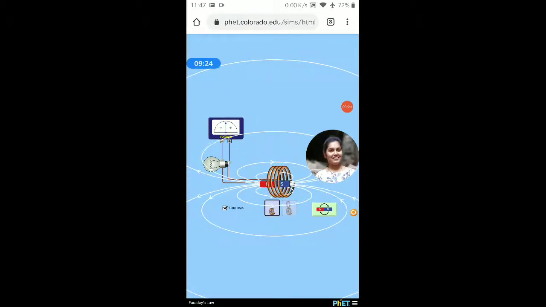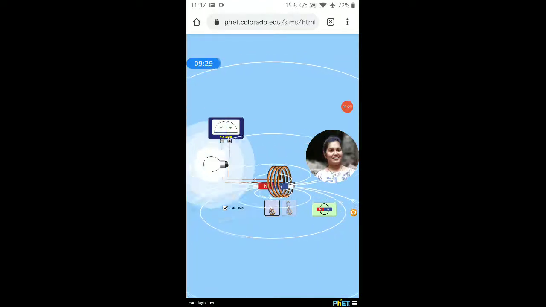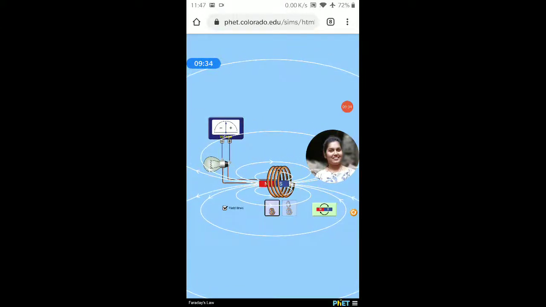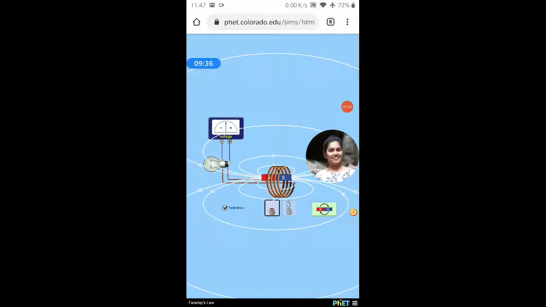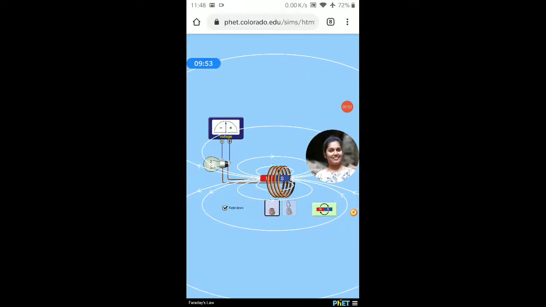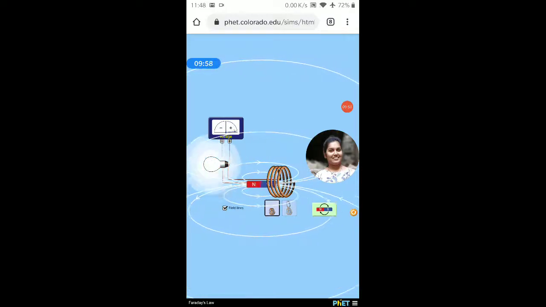You can observe that when the conductor is in contact with the permanent magnet, this permanent magnet is generating some magnetic lines of flux. When these lines cut the magnetic field, or these lines touch the conductor placed between them, an EMF will be induced. So when I move this magnet, these lines are touching the current carrying conductor and making the bulb glow.